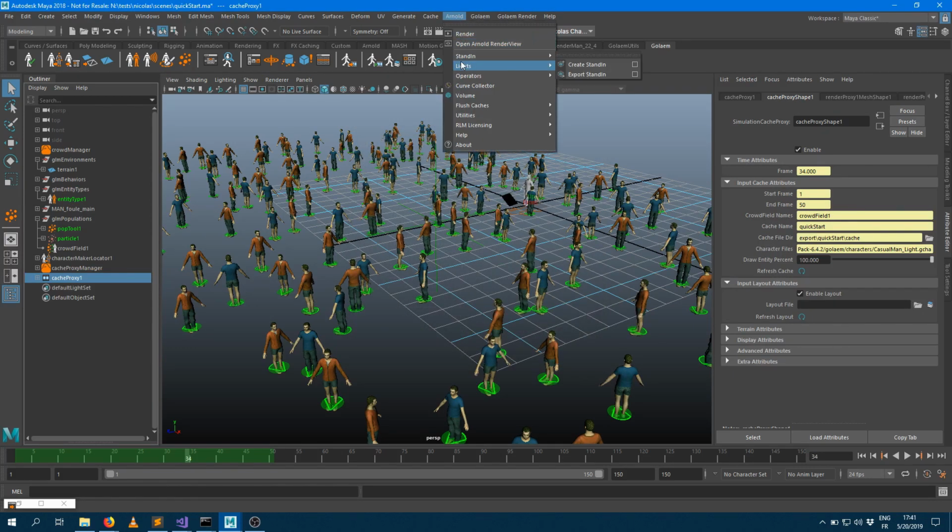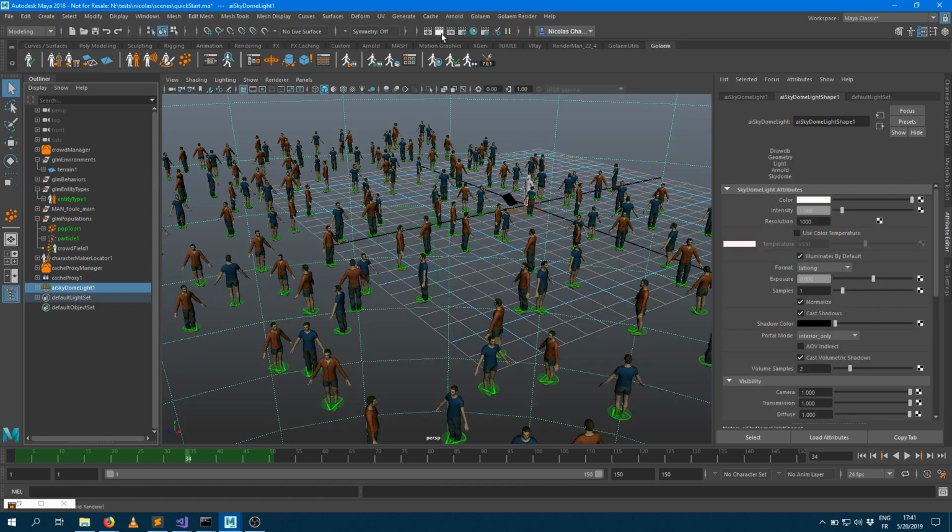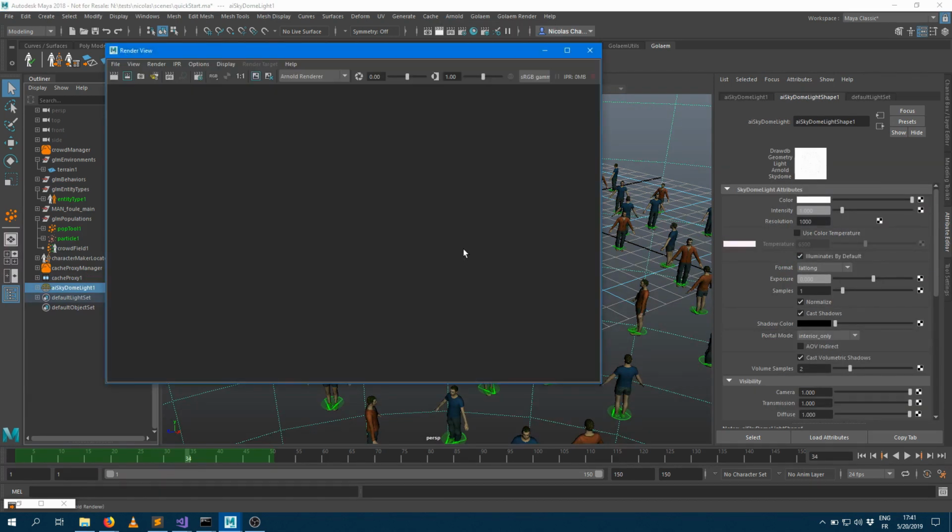So that means that now I can go into the Arnold menu, create a light, and if I press the render button here, I'll get my crowd entities being rendered properly.